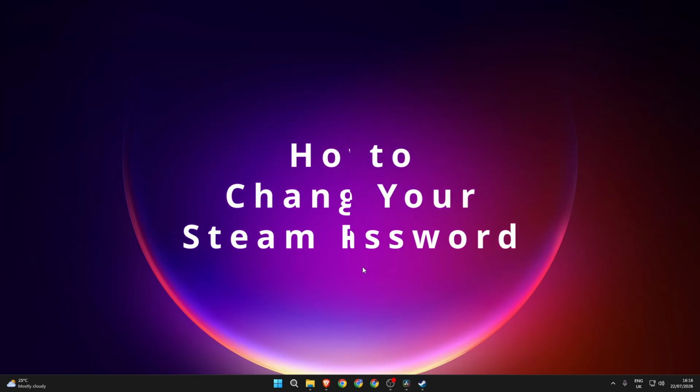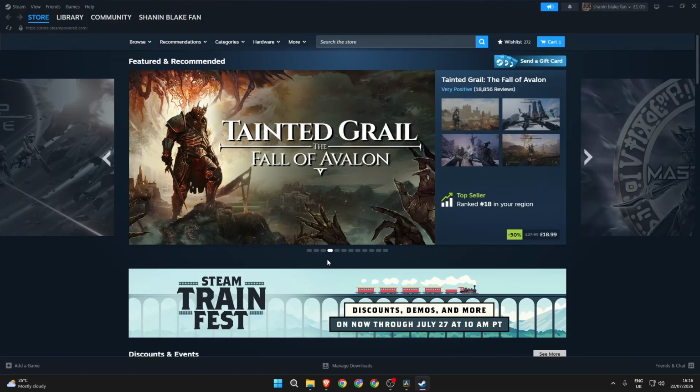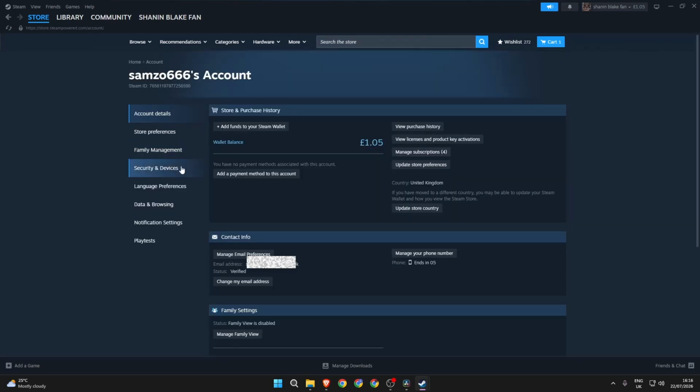I'm going to show you how you can change your Steam password. So the first thing we need to do is open up Steam, and then in the top left, click Steam, and then click Settings. From here on the right, click Account Details, and then on the left, look for Security